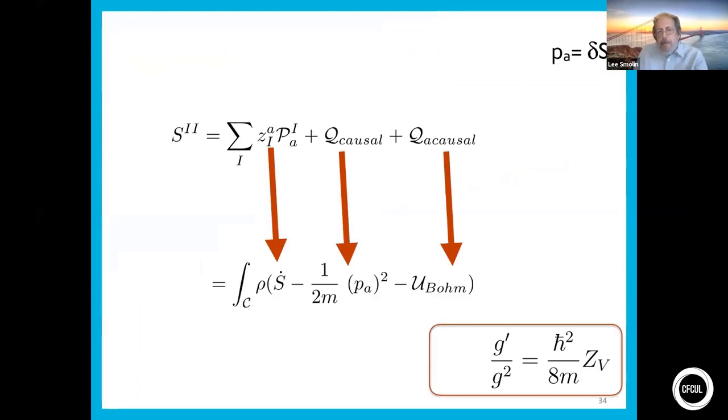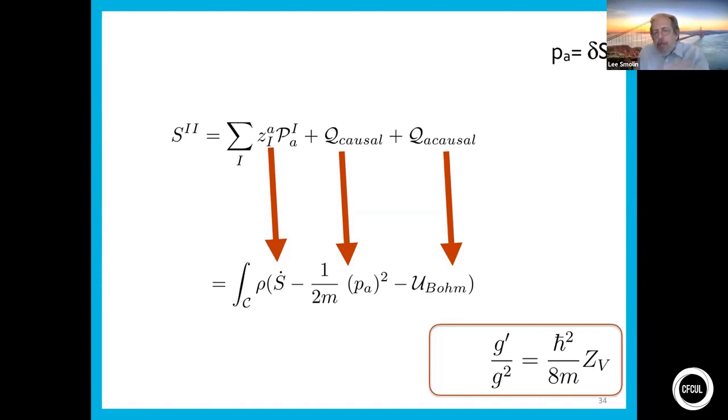But here's the key point. The action principle had three parts. The Lagrange multiplier Z times the constraint, which is the sum over momentum. What I'm calling the causal part of the variety, which is the kinetic energy, and that involves the differences between the views of causally related events, and the acausal part, which sums over the differences of views of not causally related events. And they go down to,